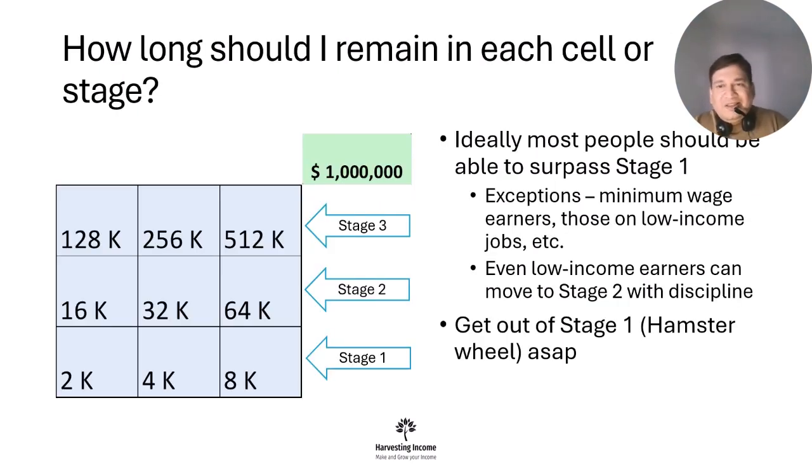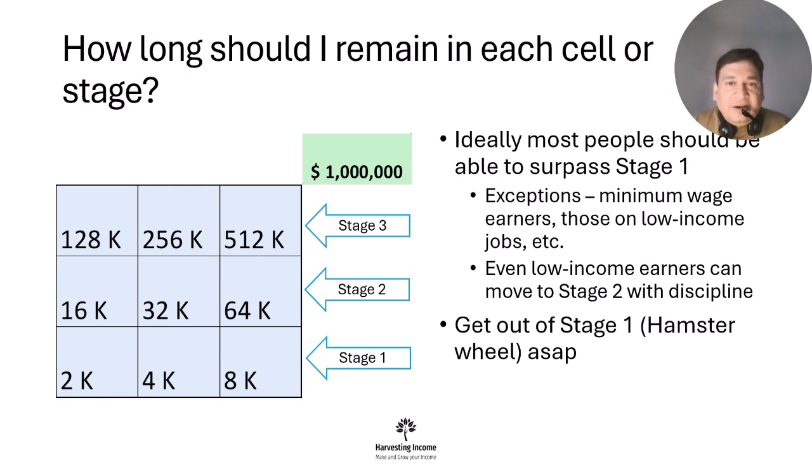Okay, how long should I remain in each cell or stage? This is another question asked by some people when this model was introduced. There's no hard and fast rule, and this is a kind of dynamic system. We made it into a framework to simplify life situations or the different dynamics that you see in life. But the simplified framework cannot simplify it for everyone. It assumes certain things and then simplifies into a model. Now, using this model, you need to find out beyond the model what problems you're facing, and probably what the solution can be.